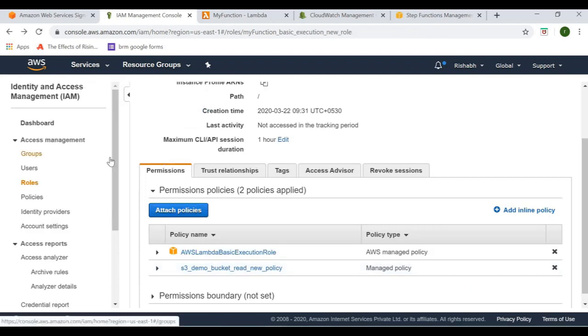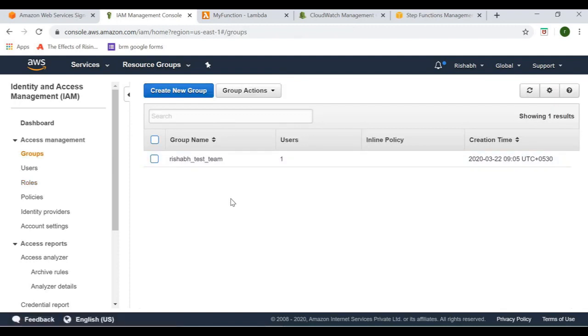Now next is groups. So you can create different groups here. Let's say in your organization you have multiple teams and each team wants a specific kind of permission. So you can create a group for each team and you can add all your users to a particular group. So whenever you add all the users to a group, all the policies that the group has will be attached to those users.